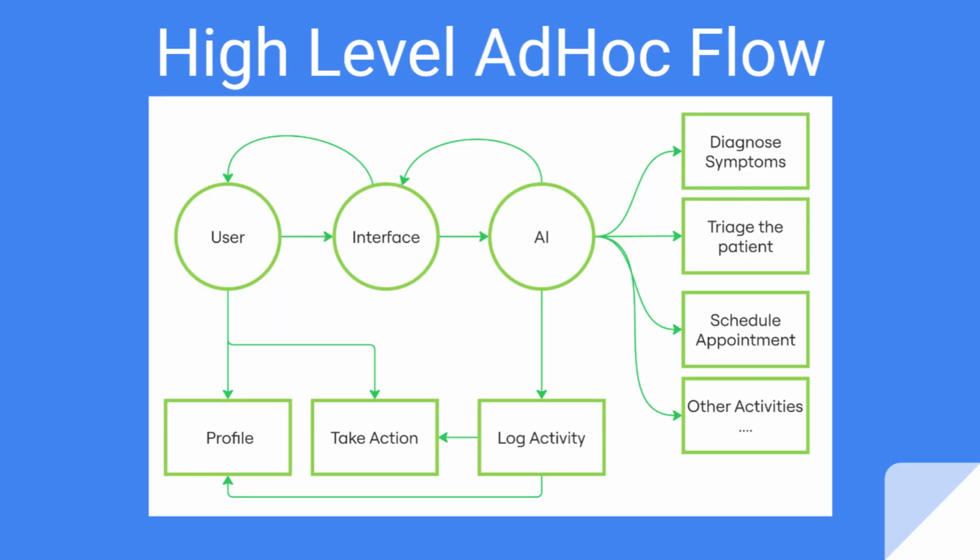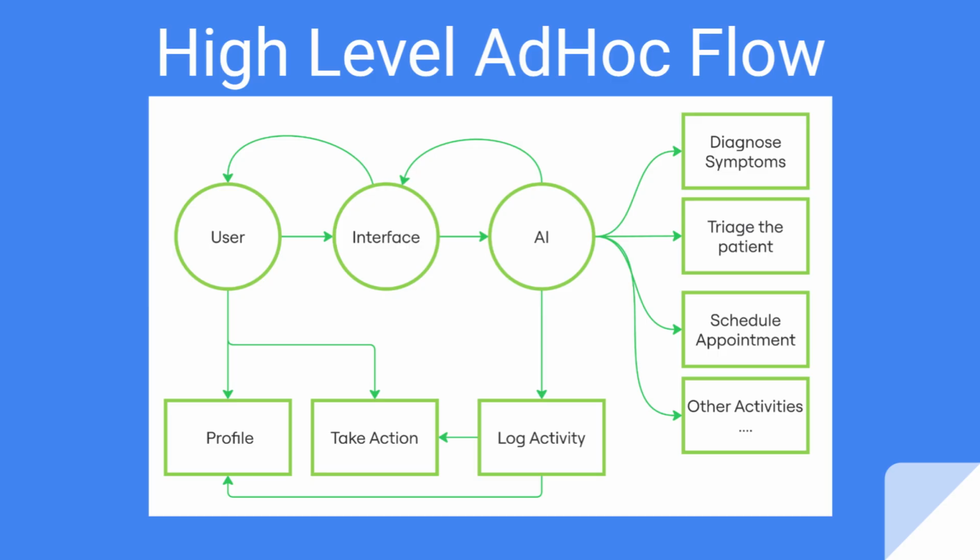Here is a high-level ad hoc flow of how the system works. Users interact with the AI that then provides a range of services depending on what they need. These include diagnosing the symptom, triaging the patient, and scheduling the appropriate solution, such as a follow-up, an appointment, or escalating the matter. All of this is logged and added to the user's profile so that better recommendations can be